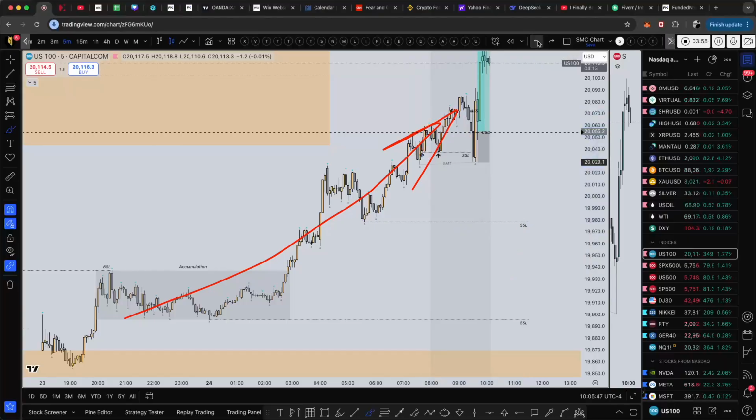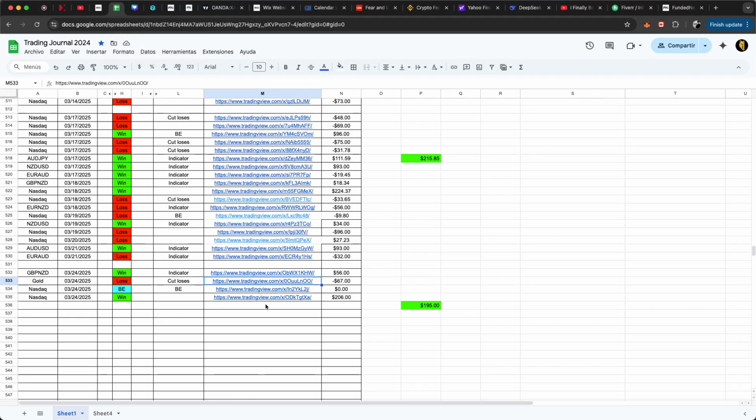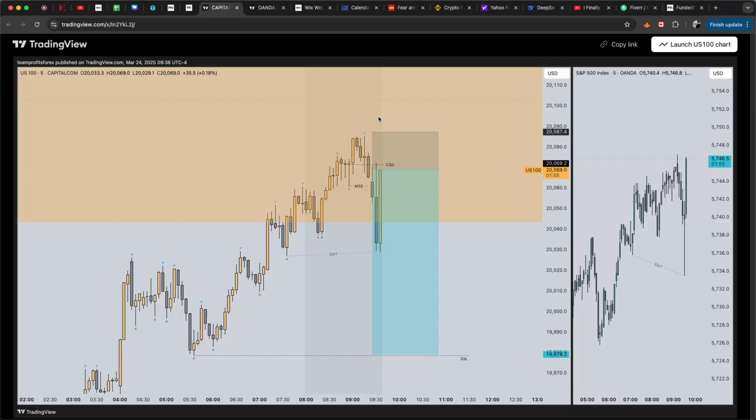For me, it's difficult to have a clear bias when all we did overnight was go up or down, right? In a bearish scenario. So anyways, I did try a sell today, which was the break even. Let me show you here. I did try to sell. I went to the 5 minute. We were tapping a weekly opening gap.